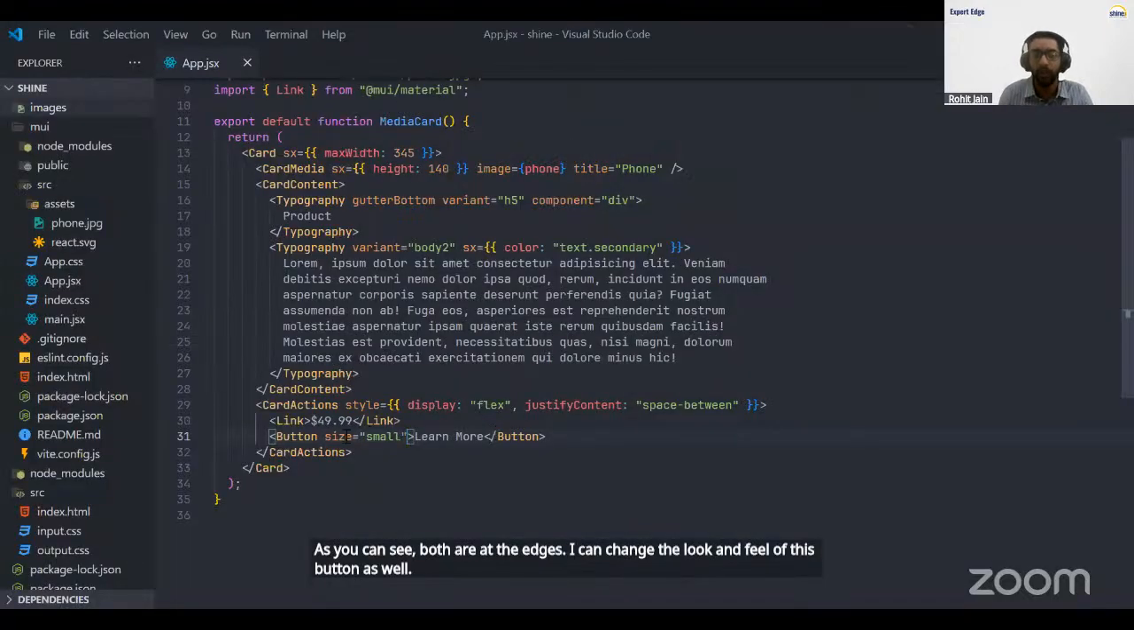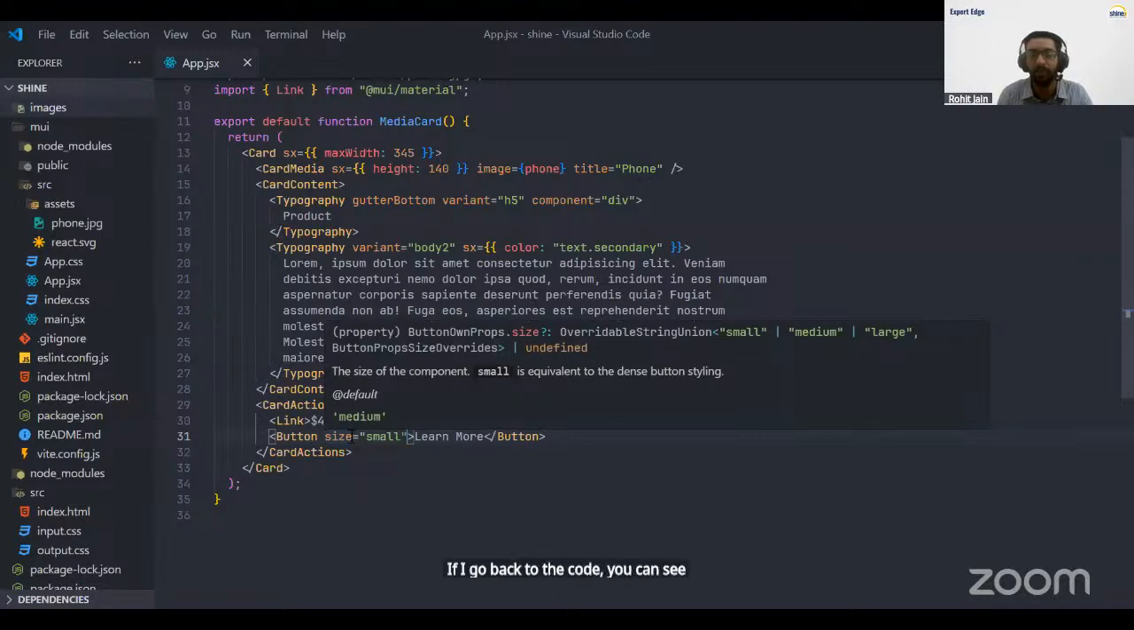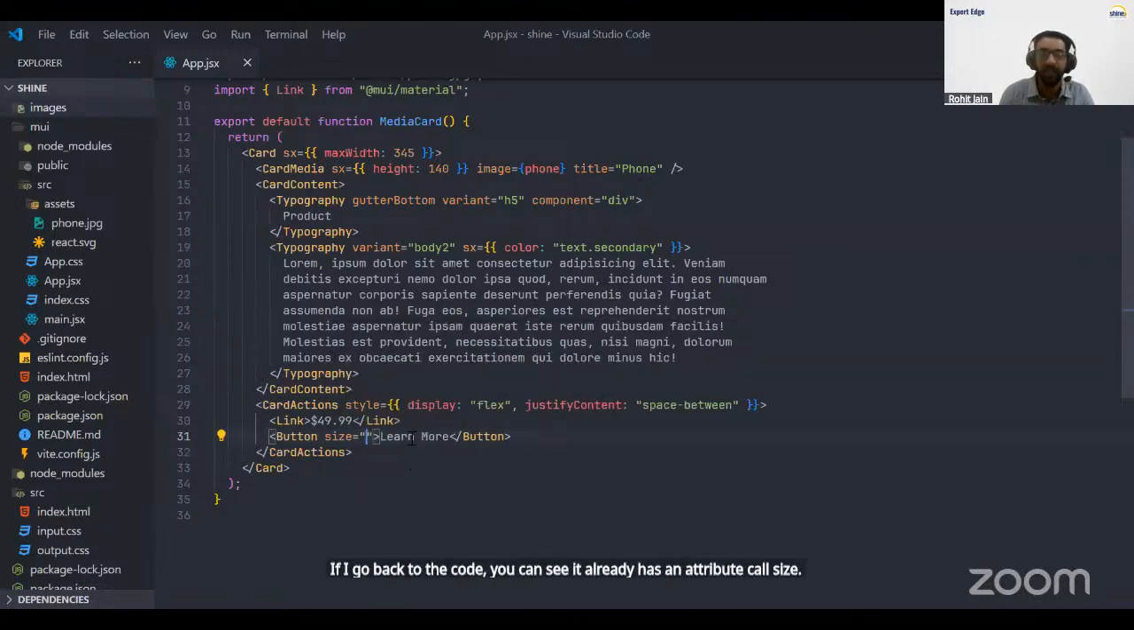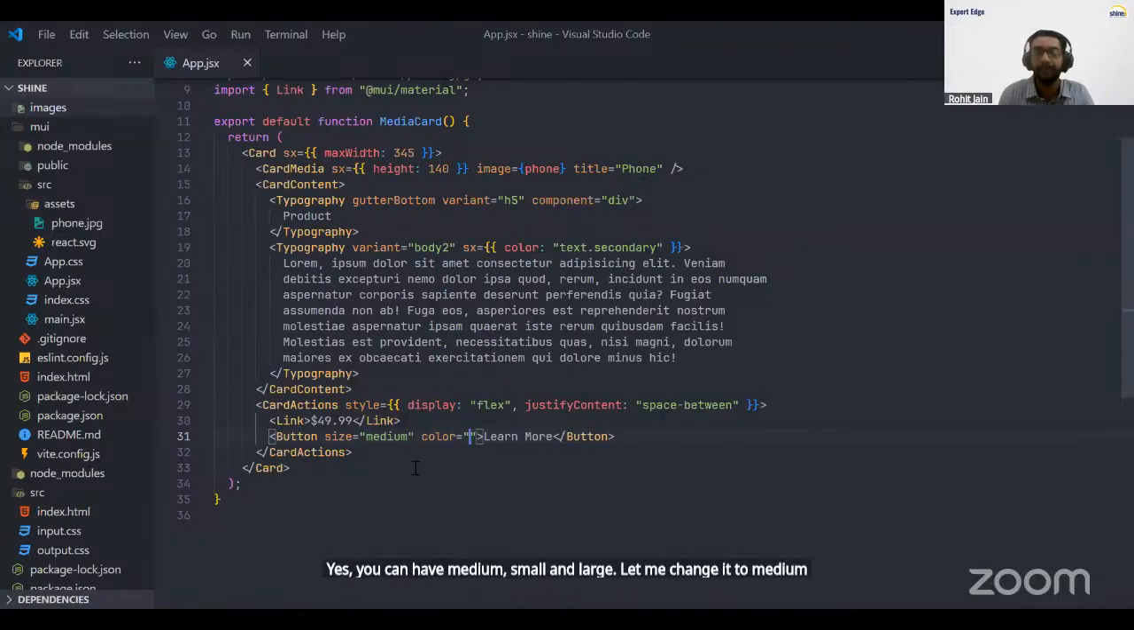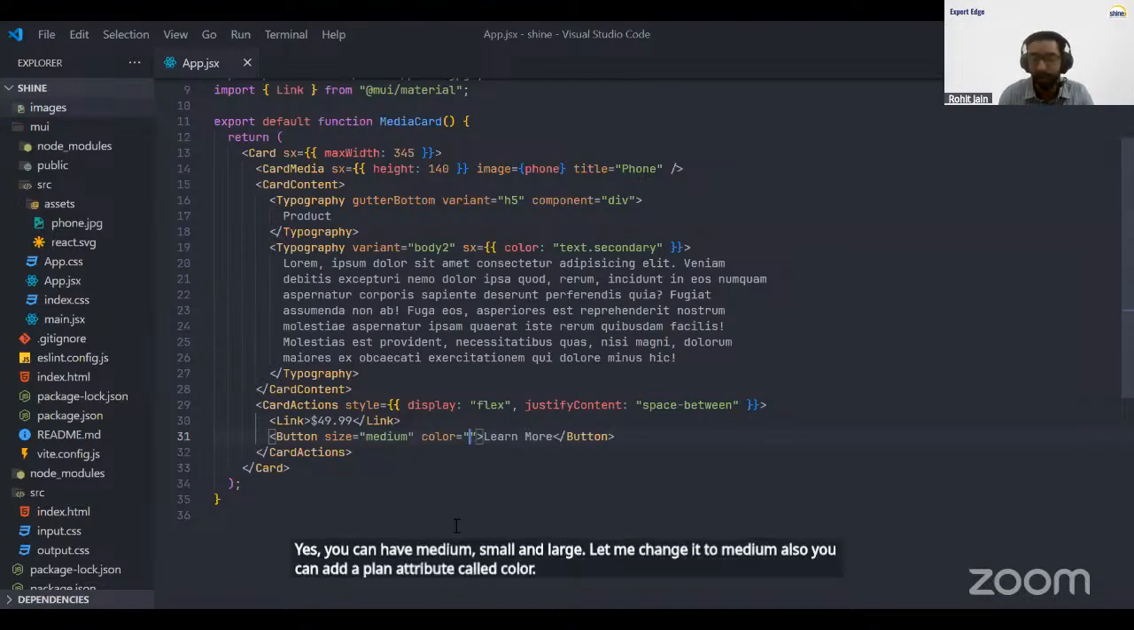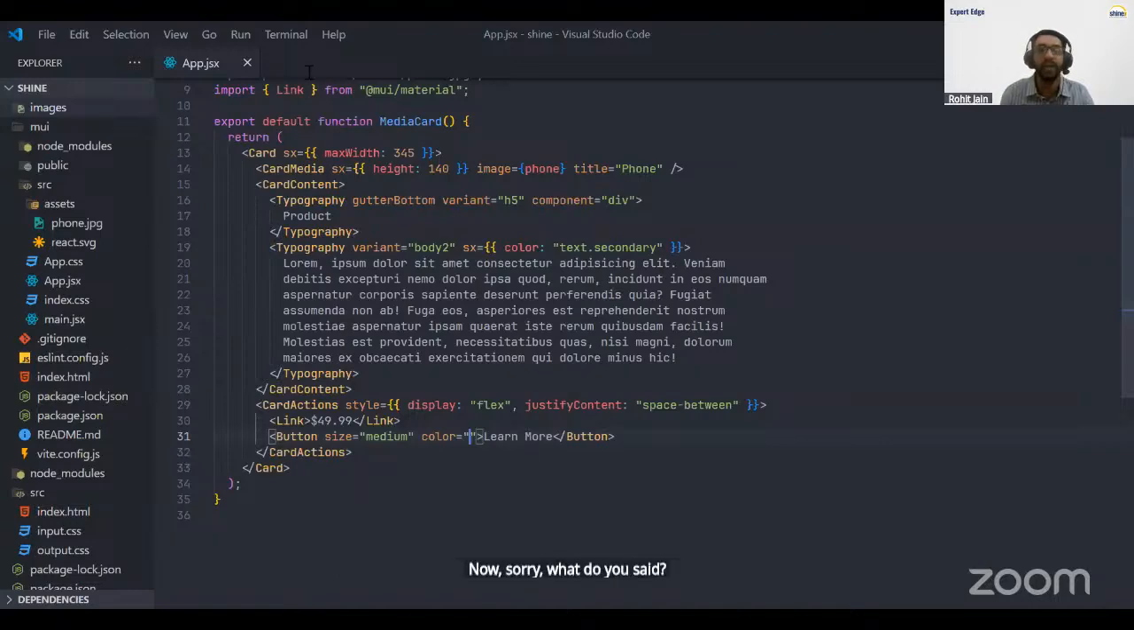If I go back to the code, you can see it already has an attribute called size. Yes, you can have medium, small, and large. Let me change it to medium. Also, you can apply an attribute called color. Now, not Bootstrap. Material UI provides